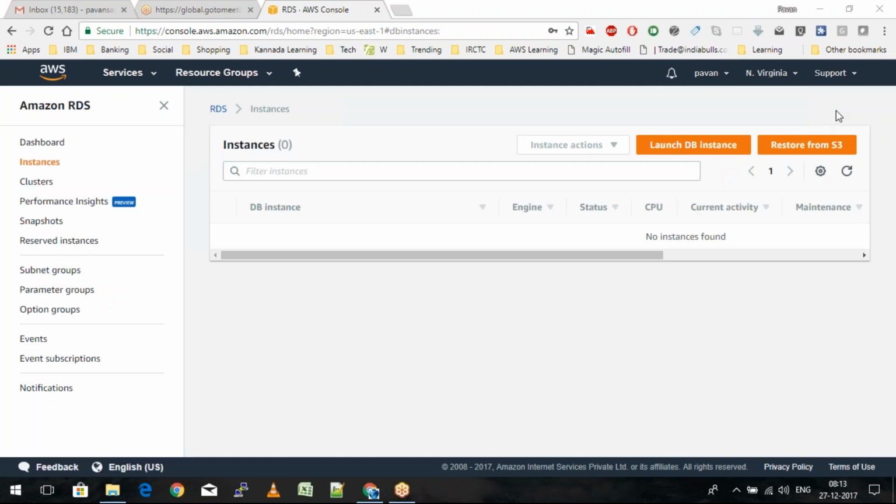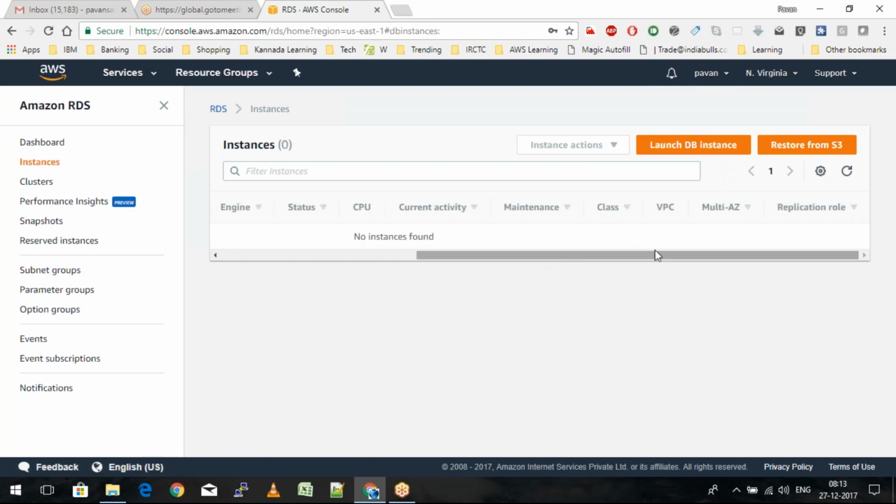And talking about the read replicas, how do we create or configure them? It's very simple. When we have a database instance here, when we click on instance actions, we get an option to create a read replica, and then it will start showing up in this instances section. Here we will have one parameter, replication role. This says whether it is a reader or whether it also has a write role. If it is a read replica, it will be just a reader, and if it is a normal database, it will also have a writer option along with it, so I'll be able to write transactions to it. That is the option we get in instance actions, where we can check how to create a read replica.